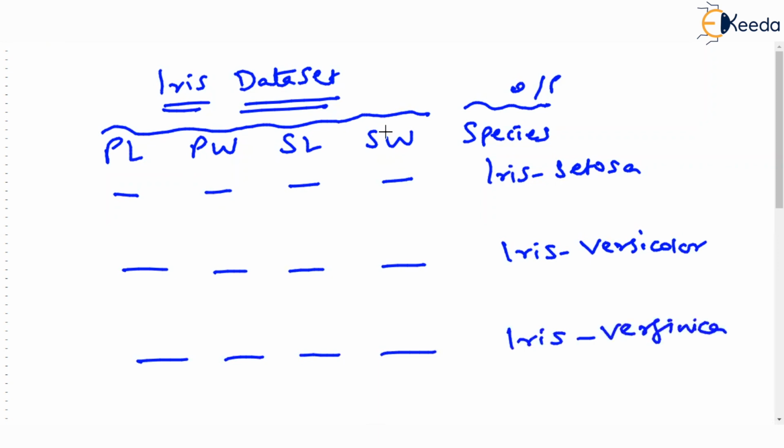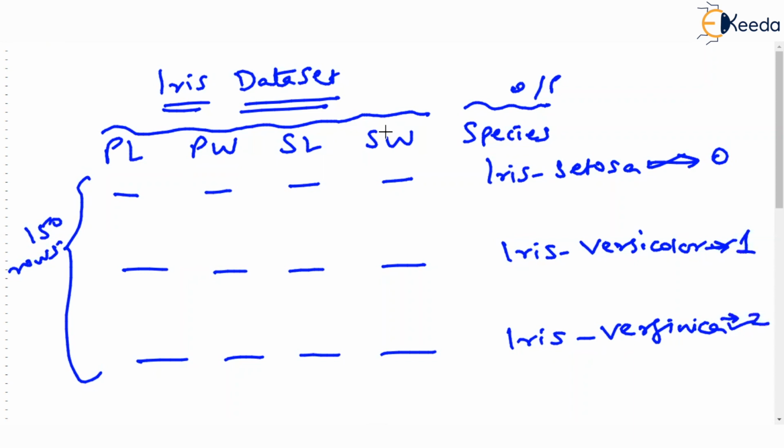You all know this. We have actually played with this data using the pandas module, correct? There were 150 such rows. You might not have remembered this, but there were 150 rows, with data of various flowers, and the output contains 3 classes. If we call this class 0, this class 1, and this class 2, then class 2 label means virginica, class 1 label means versicolor, class 0 label means setosa. If you can imagine like this.